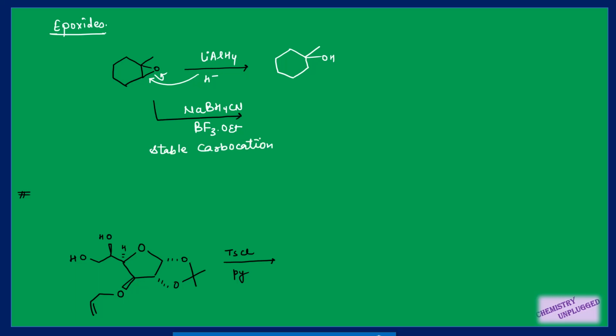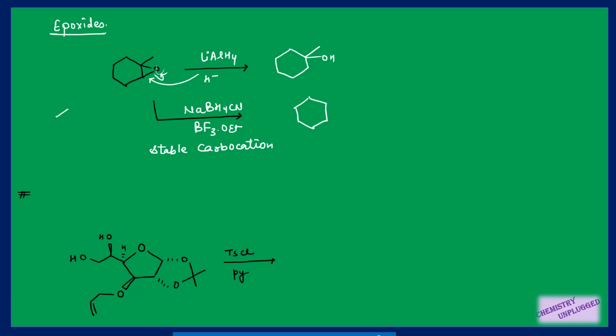If you remember, in the Clayden book summary, we have studied opening of the epoxide ring by two mechanisms. One in which the oxygen is not activated and the nucleophile attacks the less hindered carbon with inversion of configuration, right? And second, in which the oxygen is activated and the nucleophile attacks in such a way that formation of the more stable carbocation takes place. First, this ring will open, then the more stable carbocation will form at this carbon, and then the nucleophile will attack it with inversion in configuration.